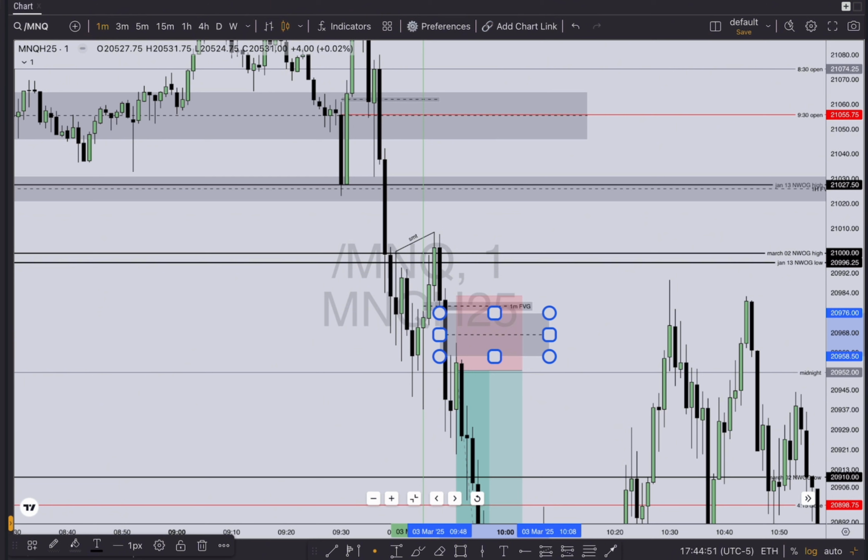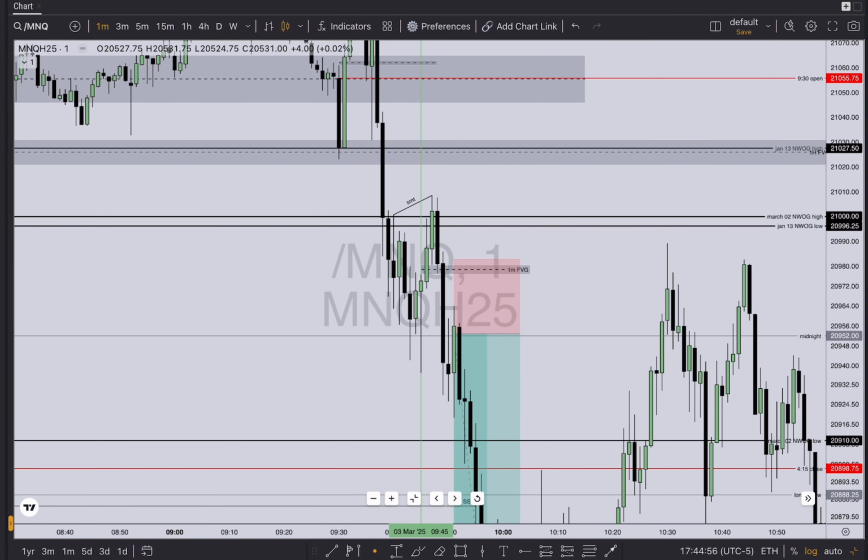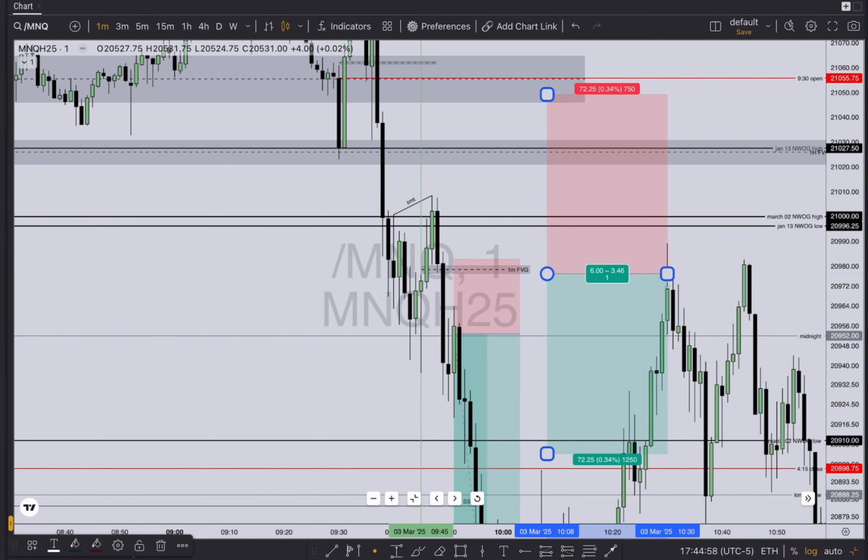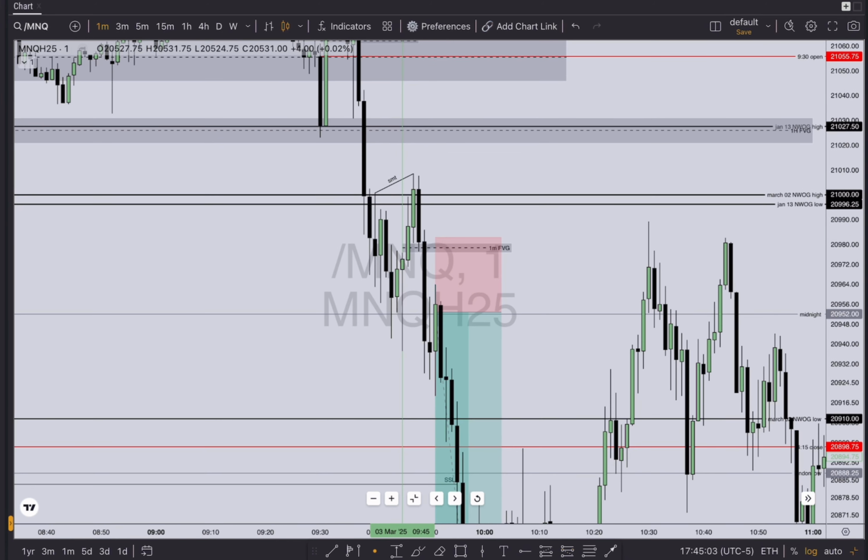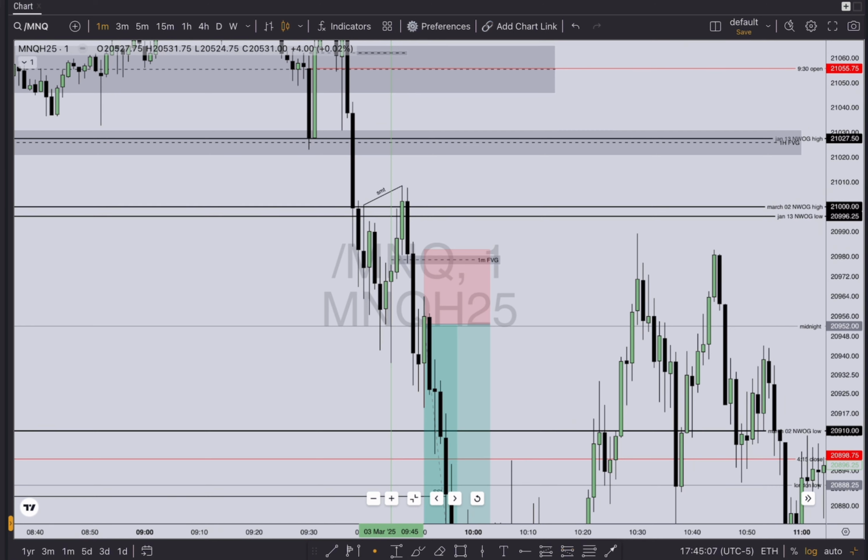Obviously, you can't ask for the perfect entry, and you can't ask for an entry to be all the way up here. After this, I can't look for this, right? I have to account for the lower fair value gap that happened. So I marked out this order block right here. So low, high, and then lower low. So these series of up close candles, all this is an order block, right? And so I want to enter right in the